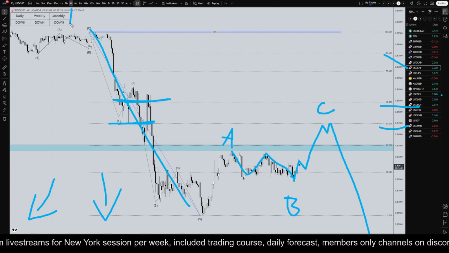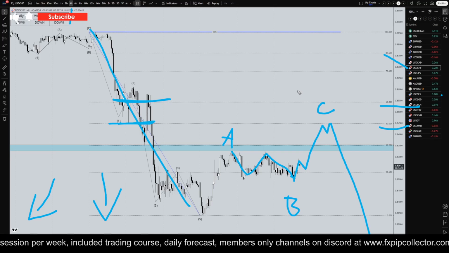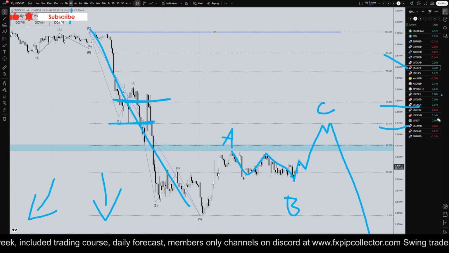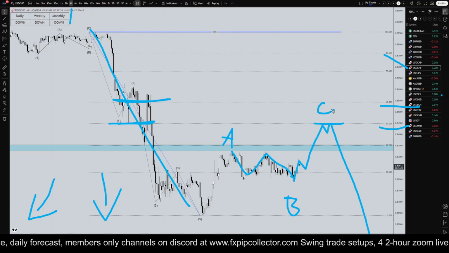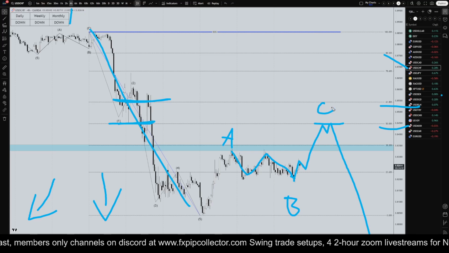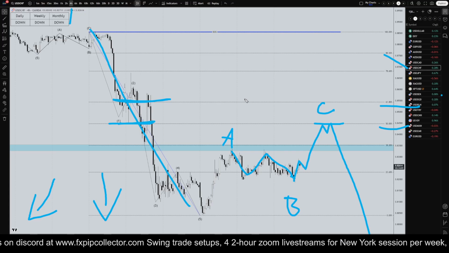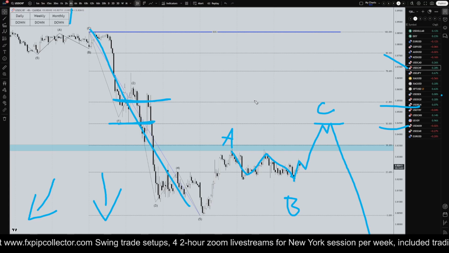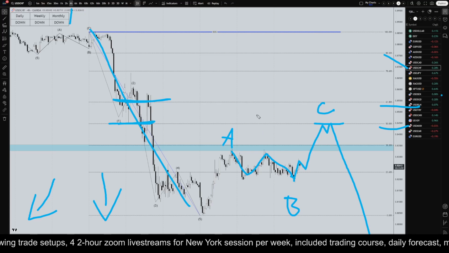Now I am on the 4 hour time frame because you definitely do lose a little bit of clarity if you go down to a shorter time frame. But if you do trade the shorter time frames, if you are confident that the 4 hour is going up to make a wave C, maybe up to one of these higher fib levels, then there's probably a really good likelihood that if you go down to shorter time frames and look for pullback entries to go long, those are going to be very profitable trades.